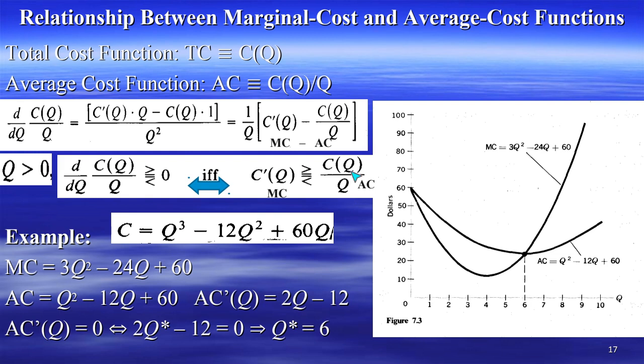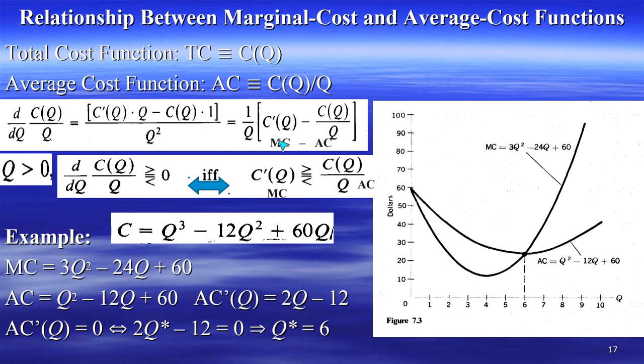of Q is greater than C(Q) over Q, that is, when marginal is greater than average. You see, when marginal is greater than average, the average augments. The slope is positive. When marginal is less than average,